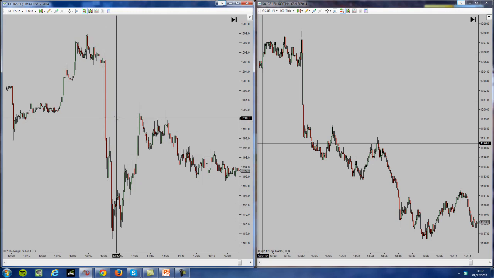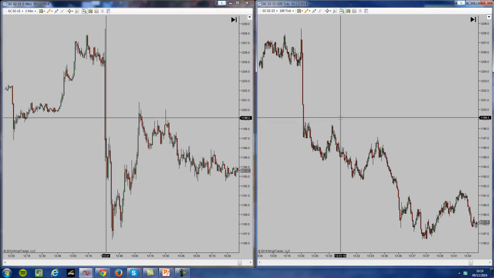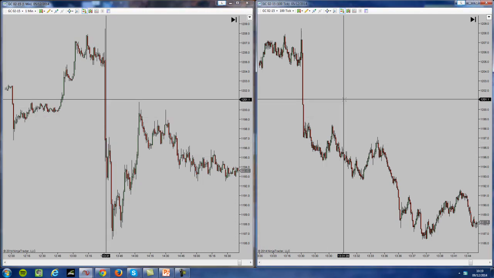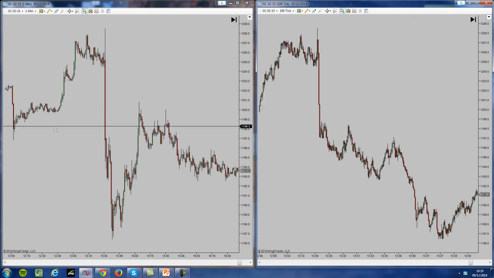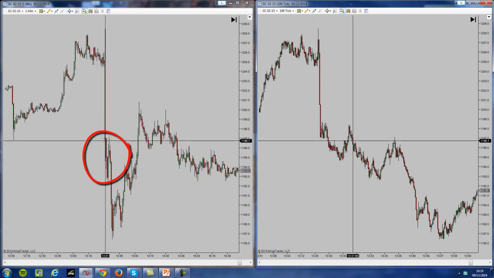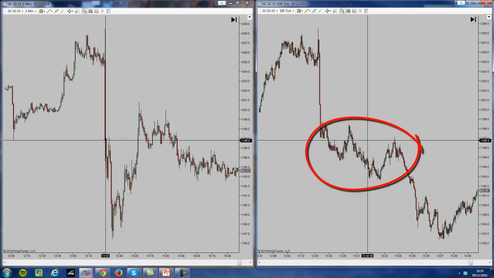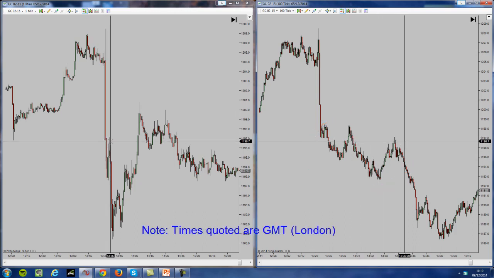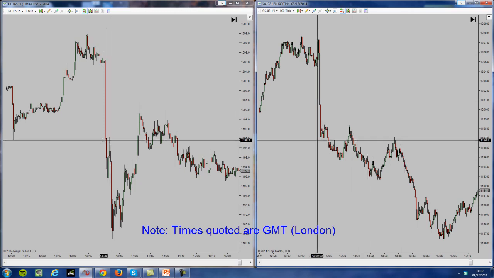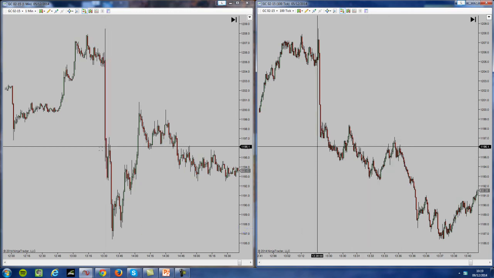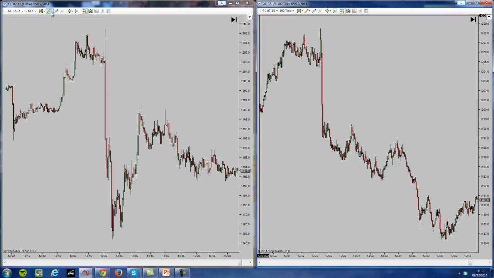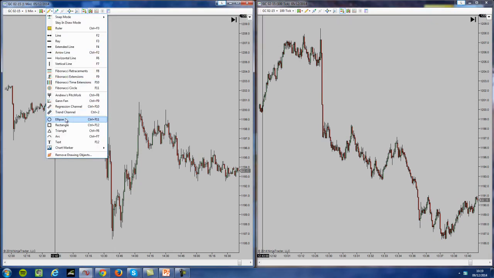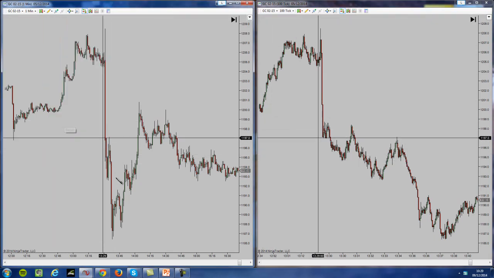So if I link the charts together, you can link them together so the cursor moves on both of them. So at this point here, we didn't see much on the 1-minute chart, but on the tick chart there was a lot of price action going on. So this move here was from 1:31 until 1:36, so 5 minutes, and there was a lot of price action just in this area here. So if I highlight that with a circle,